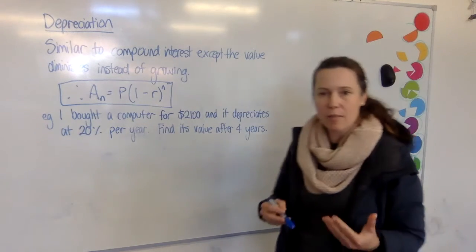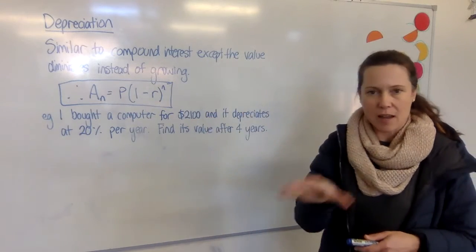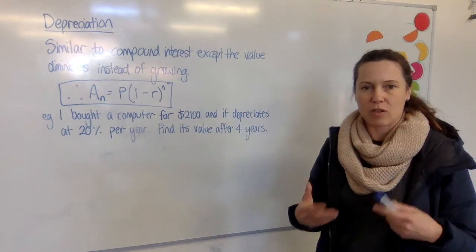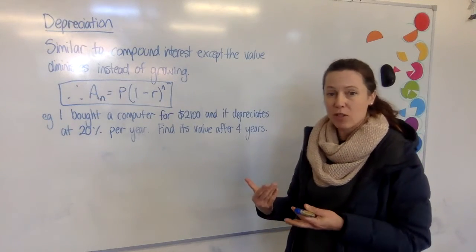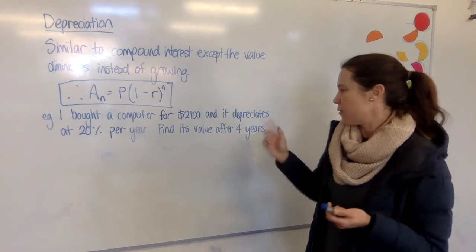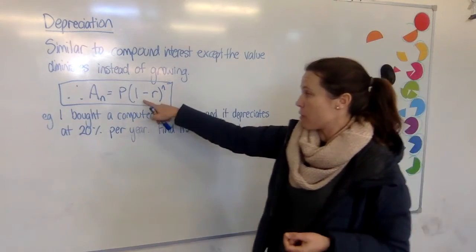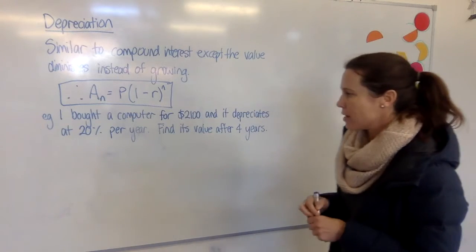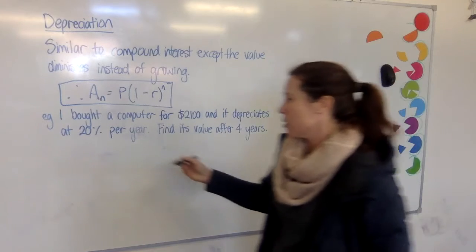Now, this doesn't mean that it loses the same 20% of this amount every year. That would be sort of like simple interest, but going down. Depreciation is always done like compound interest is, and there are two ways you can do it. If it's something small, like after 4 years, and you forget what the formula is or you don't want to use it for whatever reason, the slow but perhaps more simple way to think this through is that after